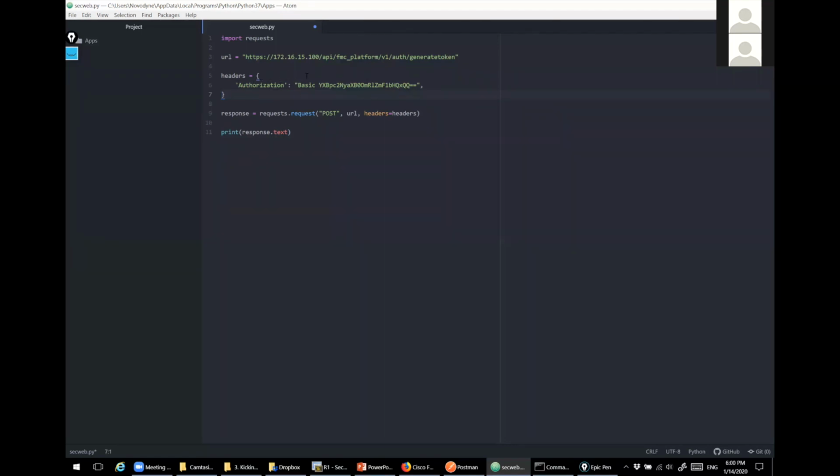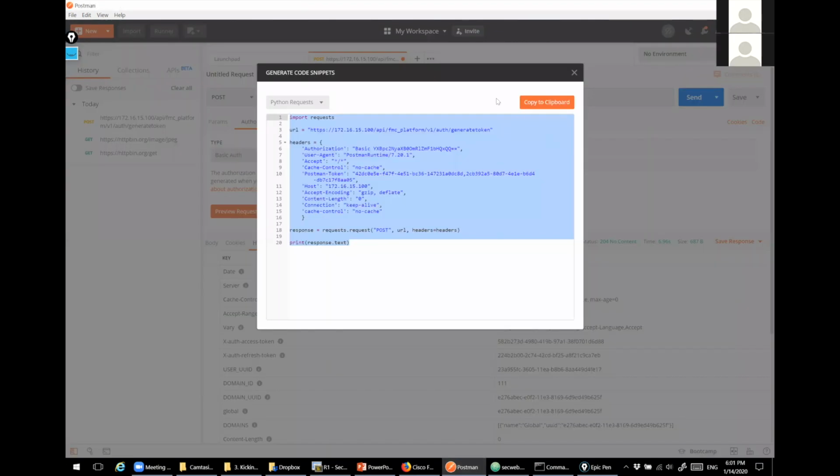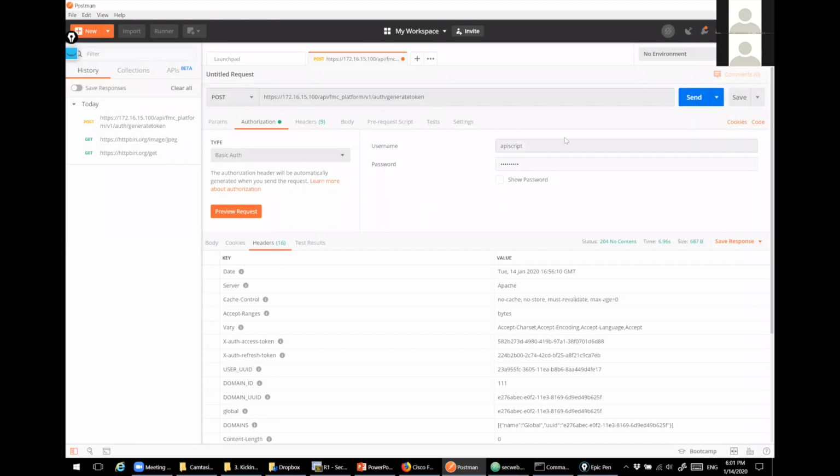The authorization header over here is basically the encoded username and password. So the API script account with the password I provided is encoded to this authorization header, and this is how we do our first authentication to get the token. Remember that this code was generated for my first API call, configured with this endpoint. This is what we use to get the token. And once the token was generated, I have now a 30-minute window where I can use this token in subsequent